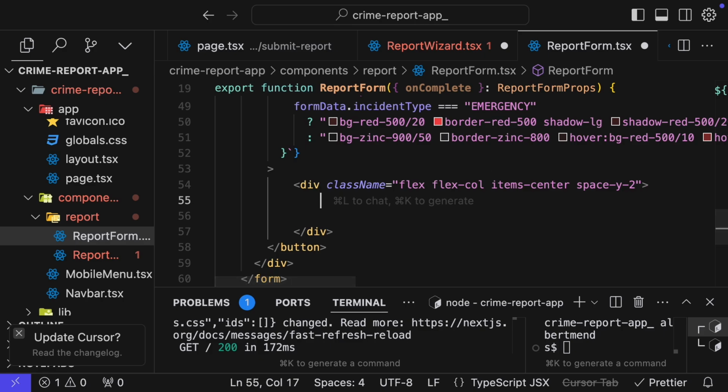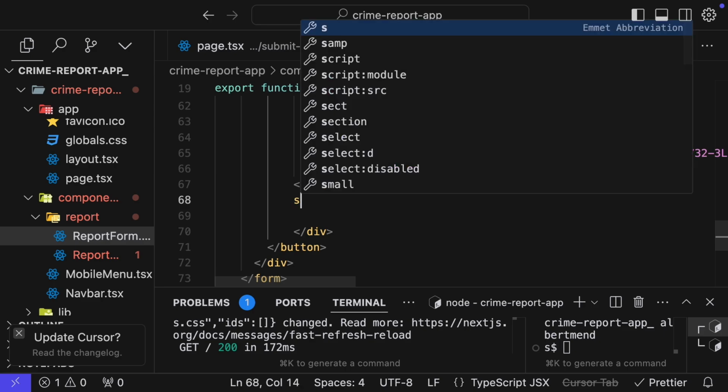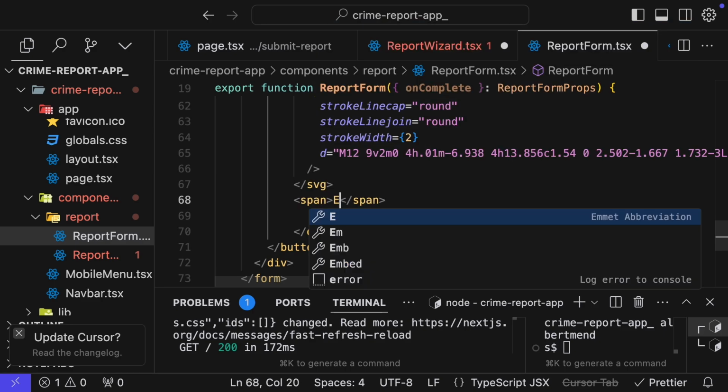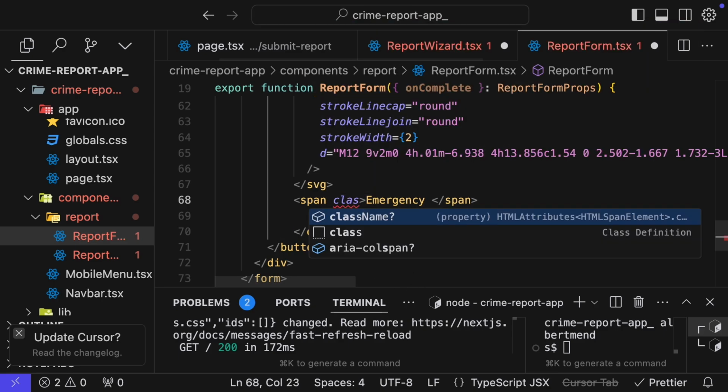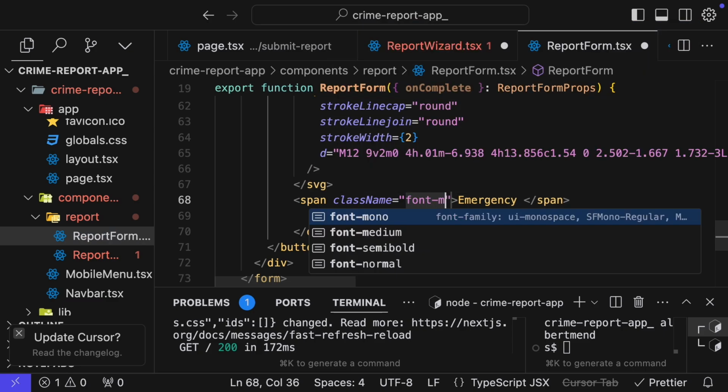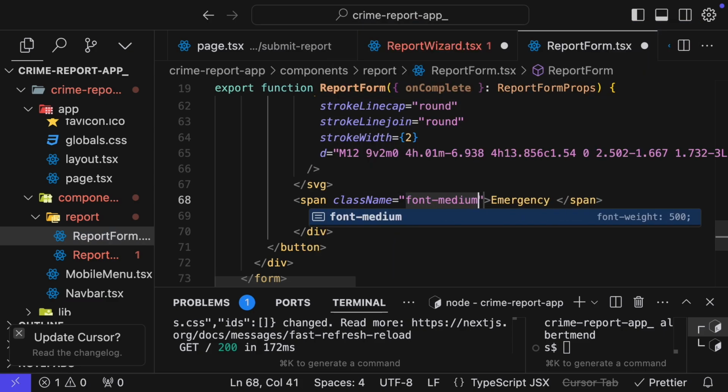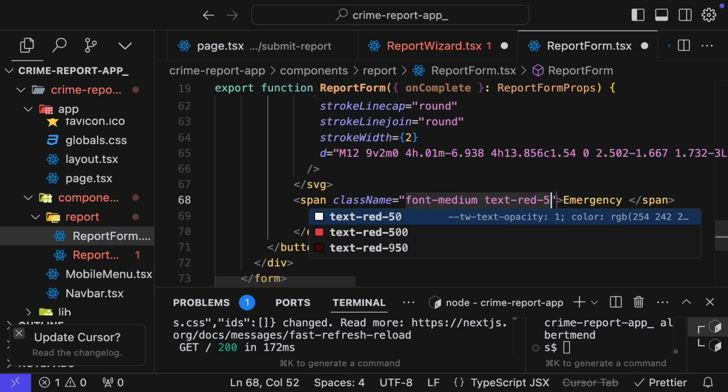Then we have the SVG icons for the emergency type. So we have an SVG icon for the emergency type, and this span that has the text emergency. So we have class name, font medium, text red 500,